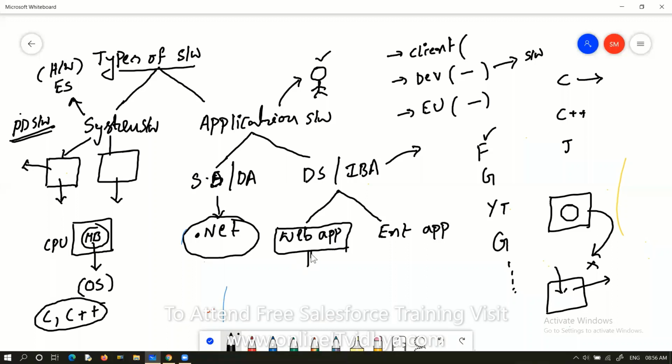And from the software industry point of view, most web applications are developed using Java. And right now, Python is also available; we can use Python to develop web applications too.